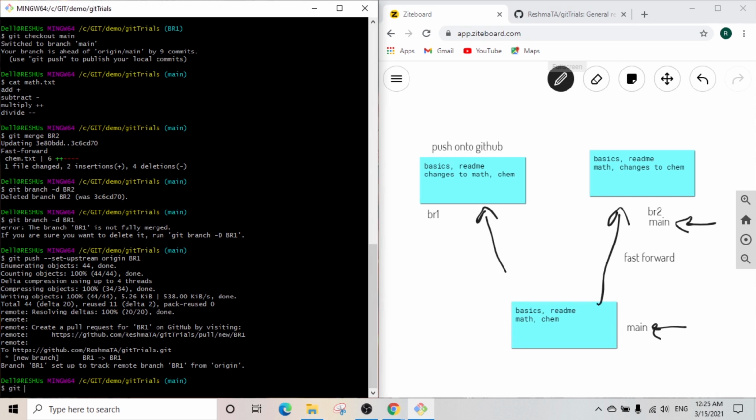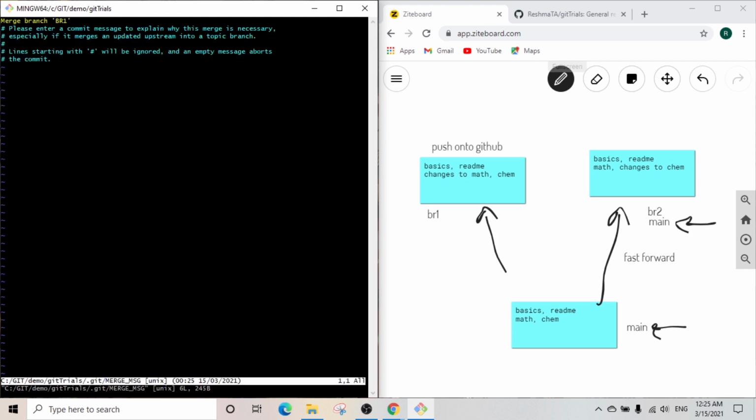So I'm going to say git merge br1. Now you can see here that it hasn't been done immediately or in the fast forward method, because this is where the pointer is at. Okay, let me just take this off.